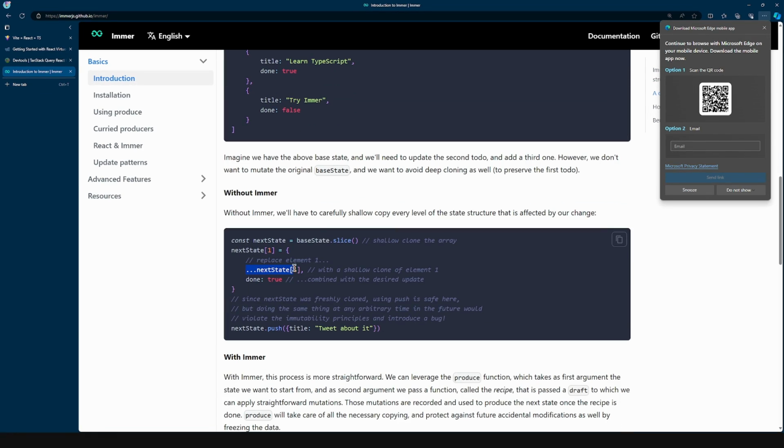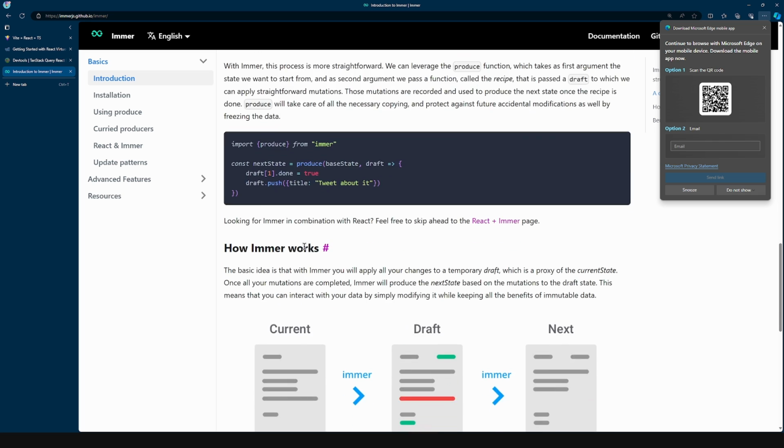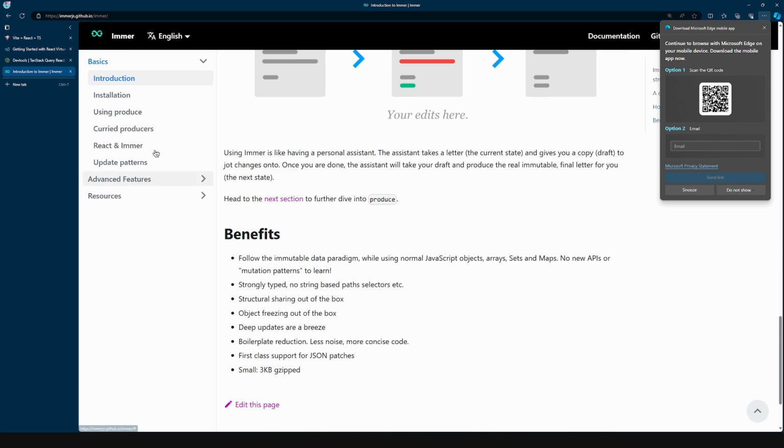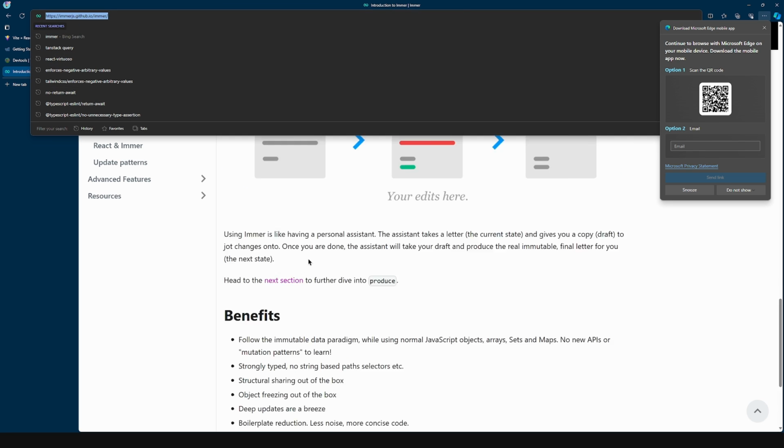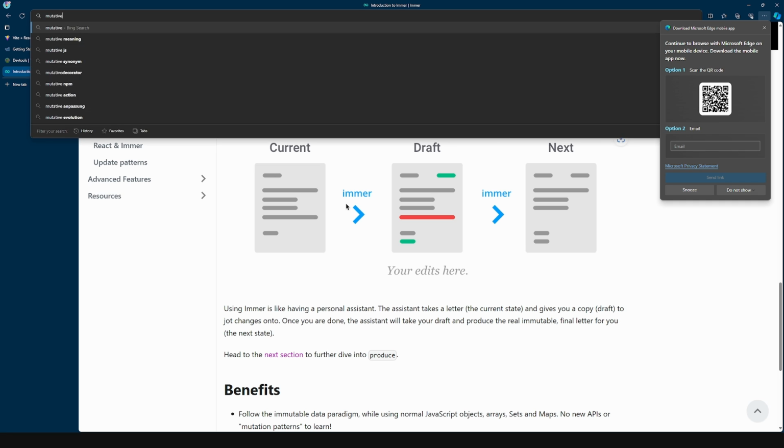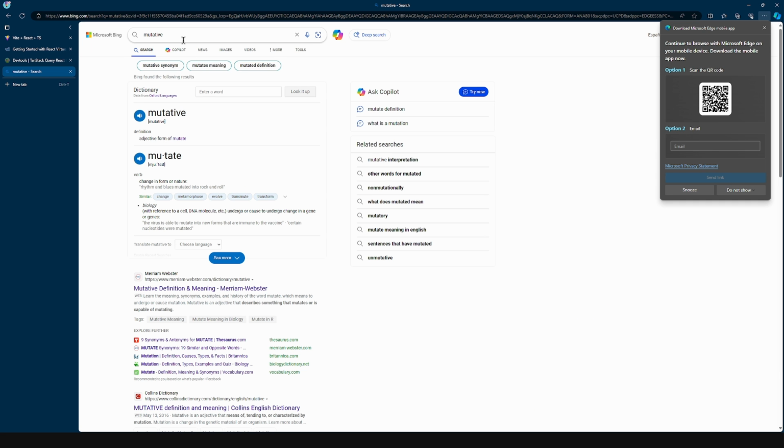As you can see, we're spreading over and then we replace the property. So we're cloning the element and allocating new memory. And you are repeating that over and over for a lot of deep updates. So as you can see here, deep updates are a breeze. But I do not recommend Immer because it is actually quite slow, at least compared to this alternative, which is